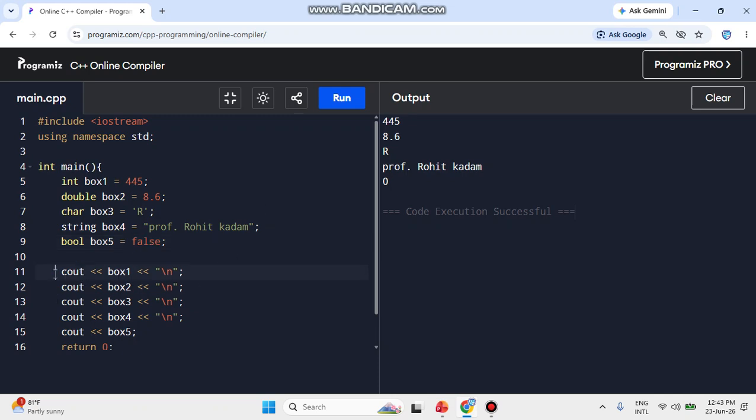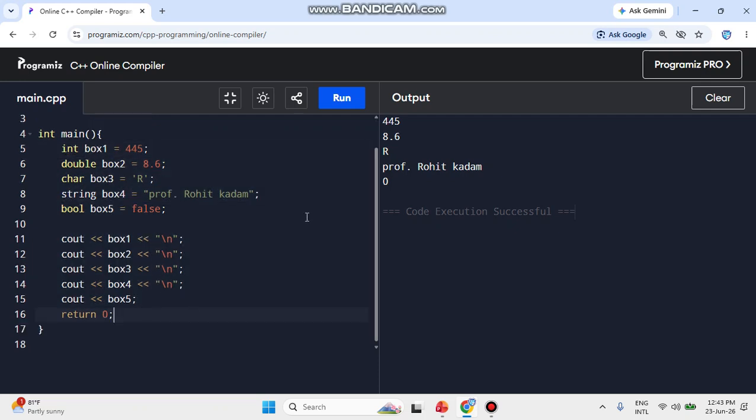And down over here I printed whatever I stored inside the variable. Okay, so this is exactly how we learn the variable concept. Okay, now after variable